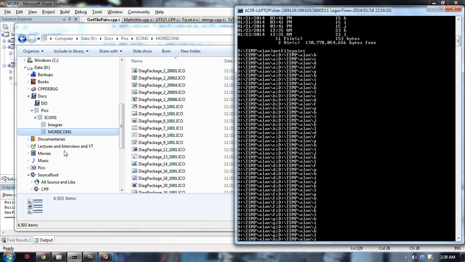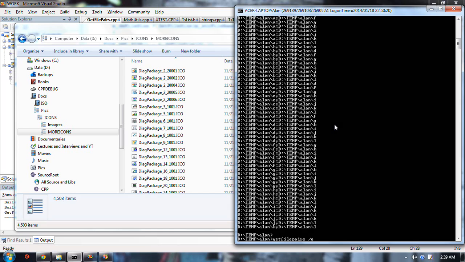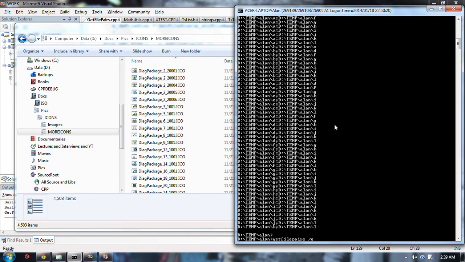But of course it was way too long to do this directory or this method. Now why am I telling you this? Because I came up with an optimized method. See this get file pairs here. If I give it a /o switch, it's going to give me what I call the optimized pair of files. Originally I had this wrong, and it's subsequently fixed that. But anyway,